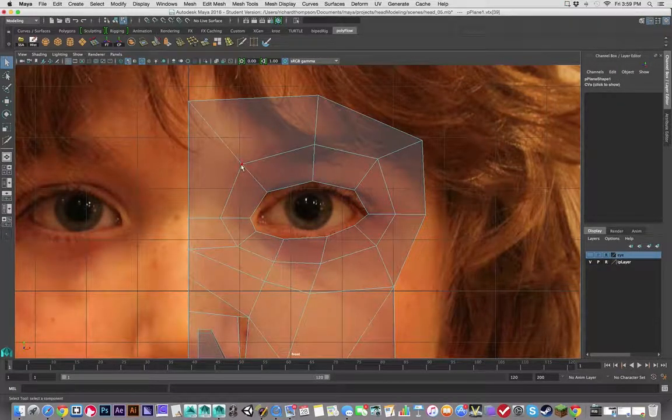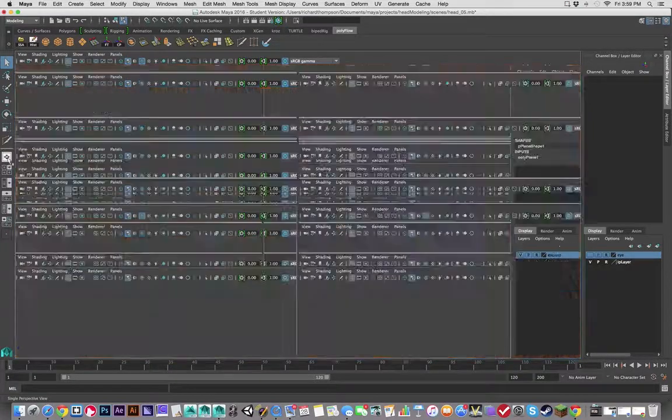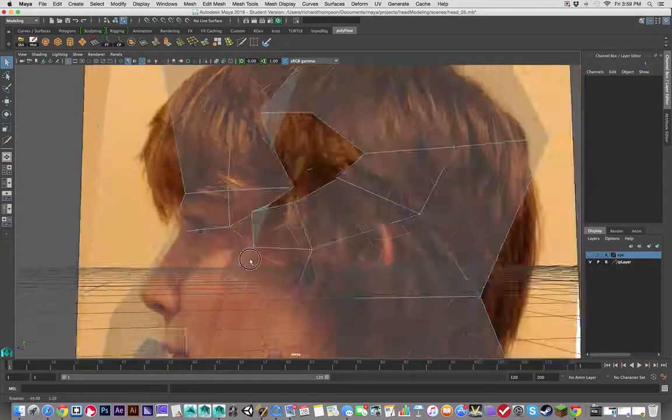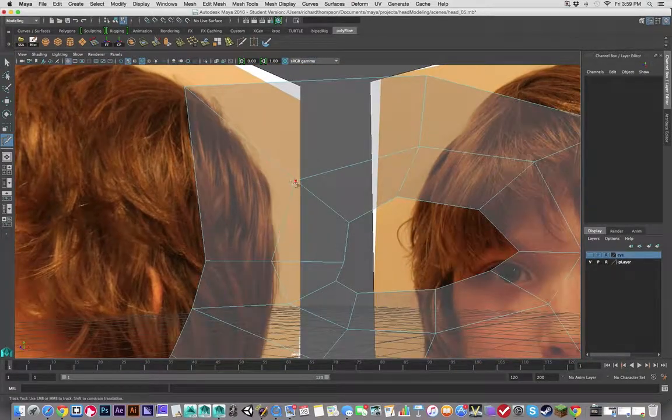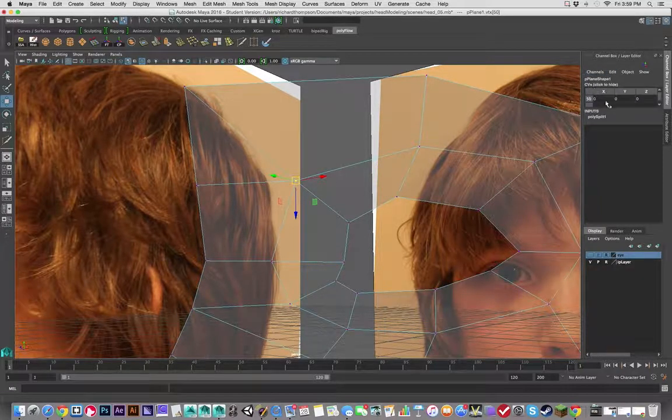multi-cut tool now and click there, and then click here if it lets me. It didn't let me. Okay, so let's go into the perspective view, see if we can get it to activate here. So multi-cut tool. Let's click on that point, and then there we go. And hit return. And I just want to check something to make sure that I didn't leave an extra